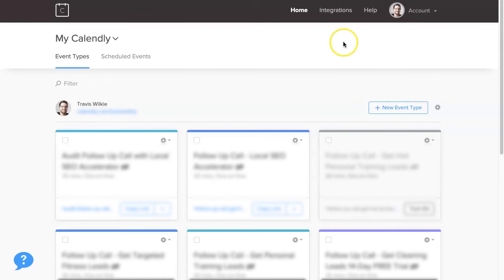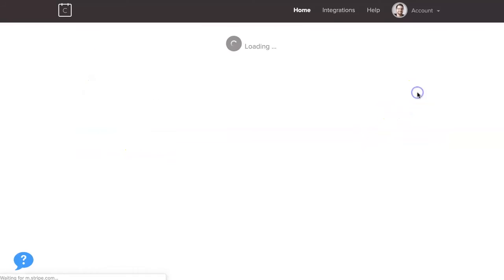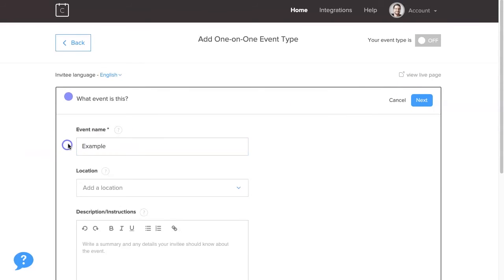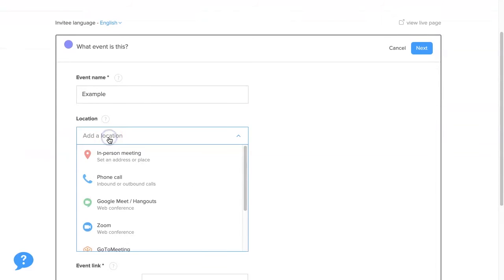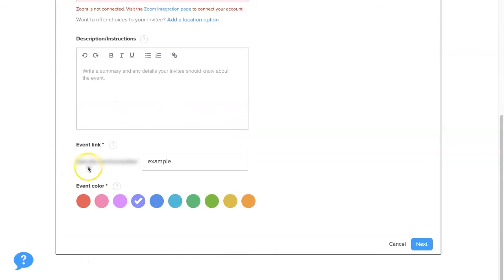Okay, so to do that, just make sure you're logged into your Calendly account, and then you're going to want to create a new event type and choose whether it's one-on-one or group. This is just going to be one-on-one. And then for the location, we're going to click Zoom. It's asking us to integrate. You should have already integrated with Zoom. If you haven't yet, you can just click the Zoom integration page and it'll take you to where you can integrate. But that's all you have to do: once it's integrated, you just click Zoom as the location and then go ahead and set up